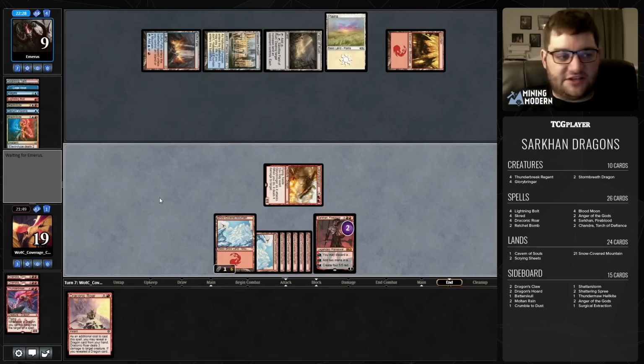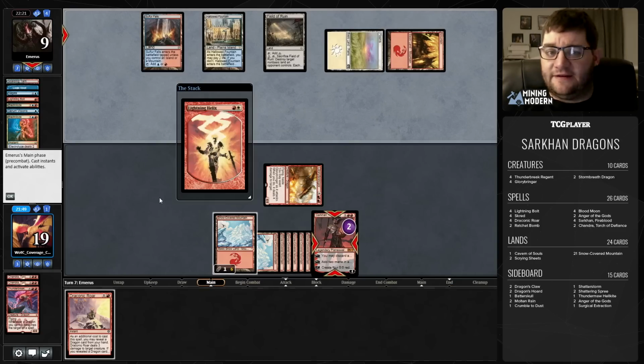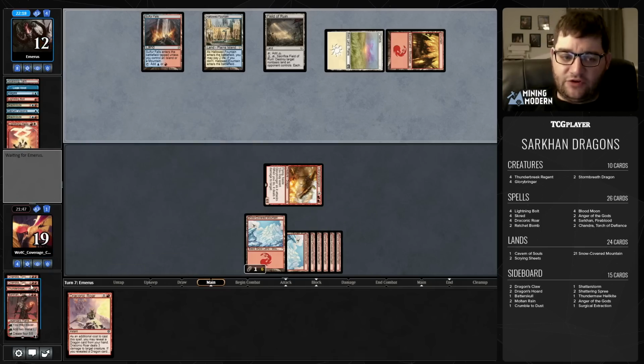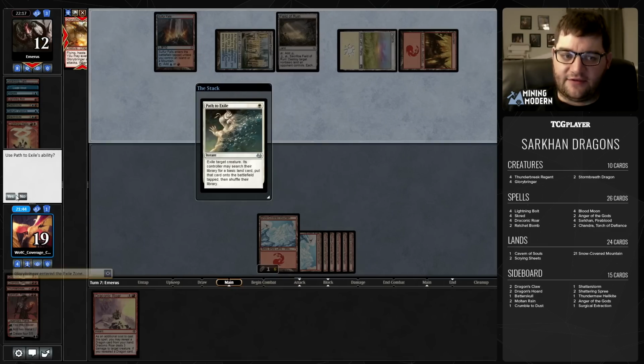And it turns out we're going to catch maybe a little bit of a break here. They electrolyzed the Sarkhan. Also, Draconic Roar, our opponent's at 9. I say that. They're 12 now. Well, that's fine. We 2-for-1'd them with that Sarkhan, plus got some extra mana from it. And I was right. There's the path, so...